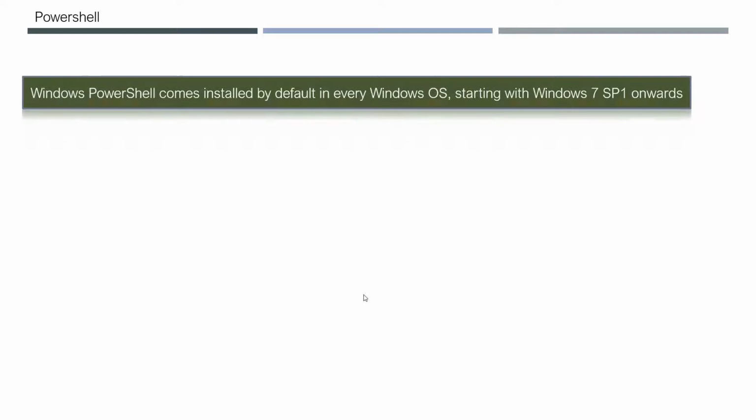So let's understand what the basics are, right? It's always important to know about the basics and then move on to the advanced items. So to start with, Windows PowerShell is available on each and every Windows laptop that has OS version Windows 7 SP1 onwards. So obviously, I'm sure each and every one of you should have Windows 8 onwards. Okay, so you will have your PowerShell. If you go and search for PowerShell, that's what I do in the servers, right? I search for PowerShell and then I go there, run as an administrator.